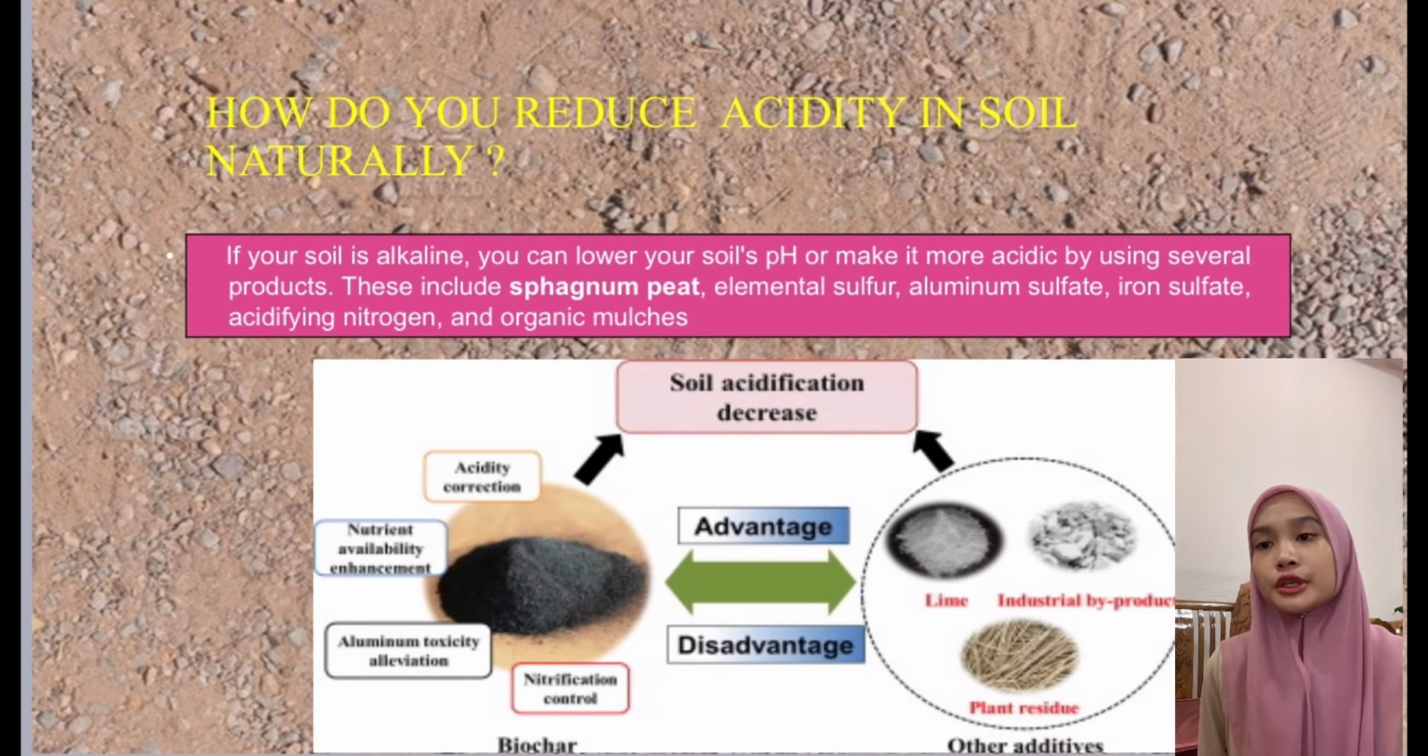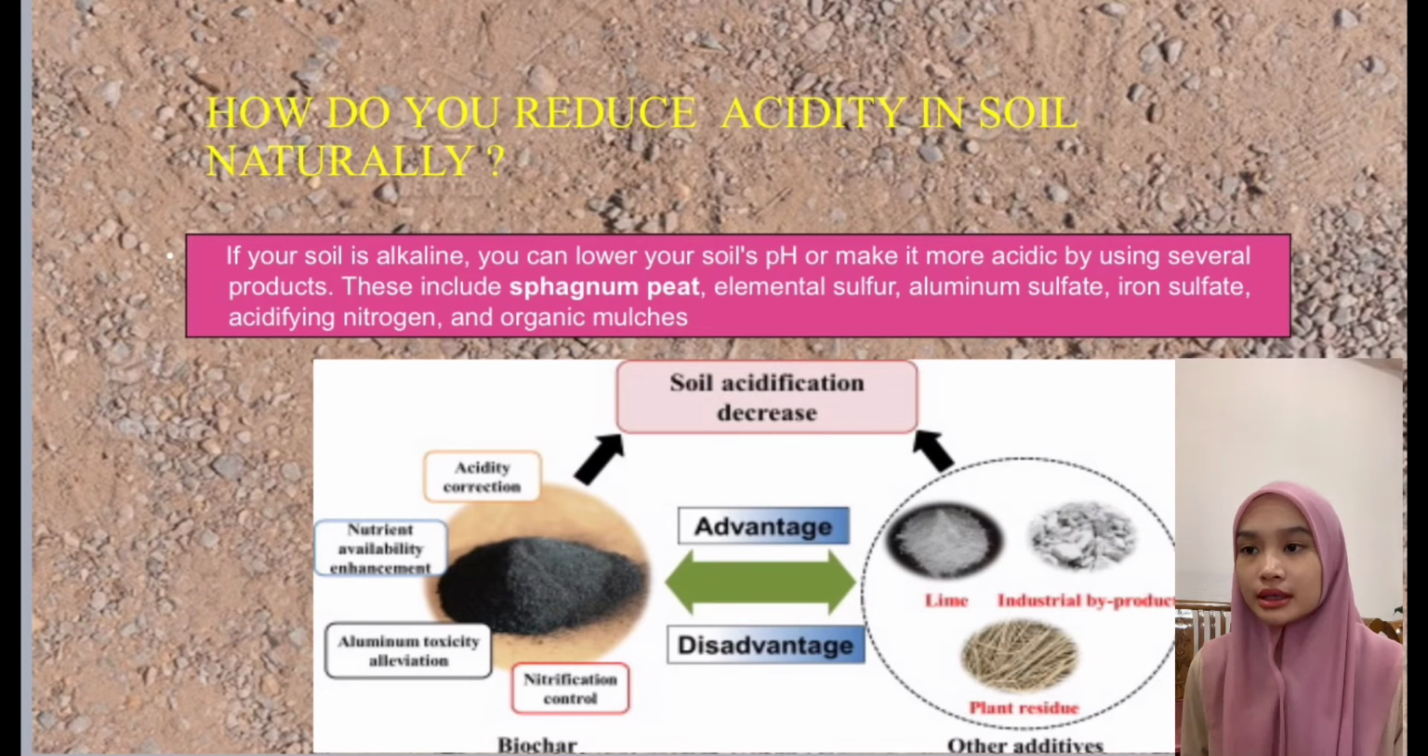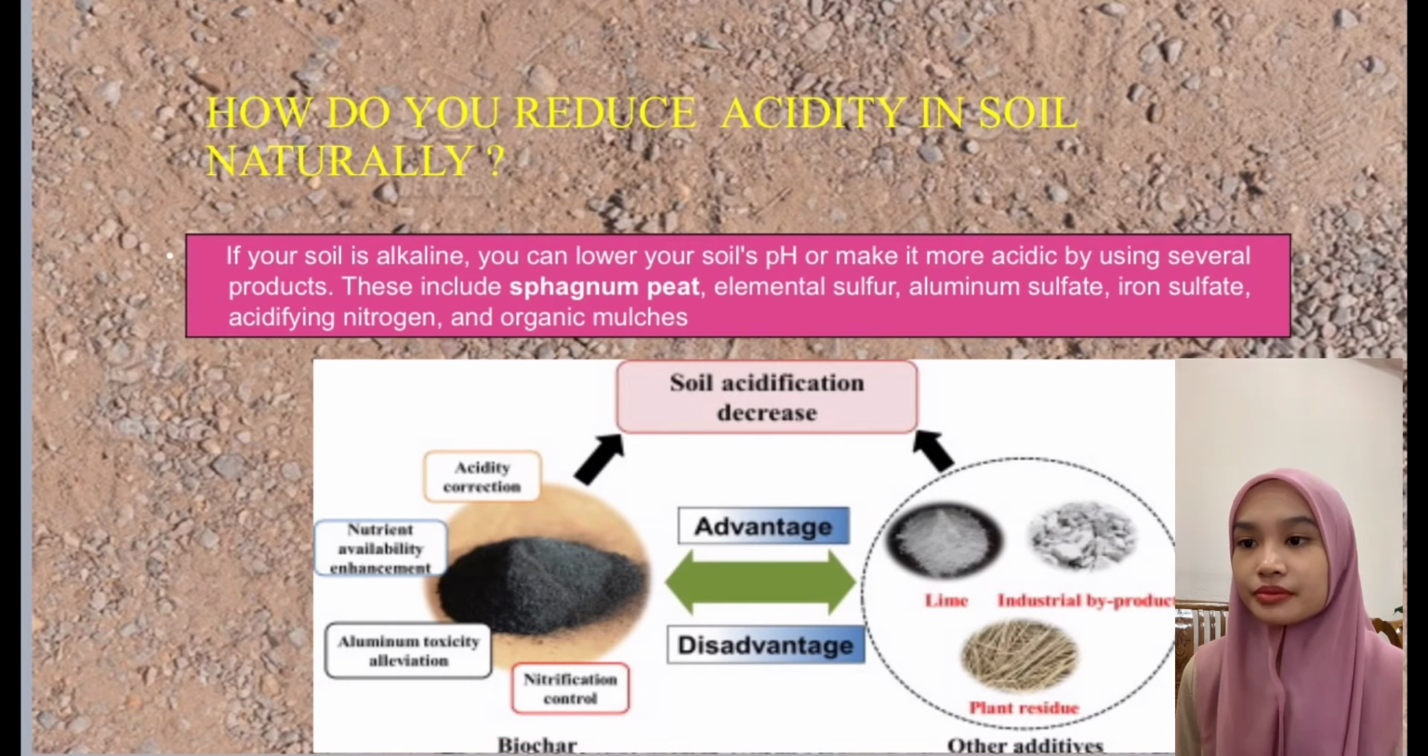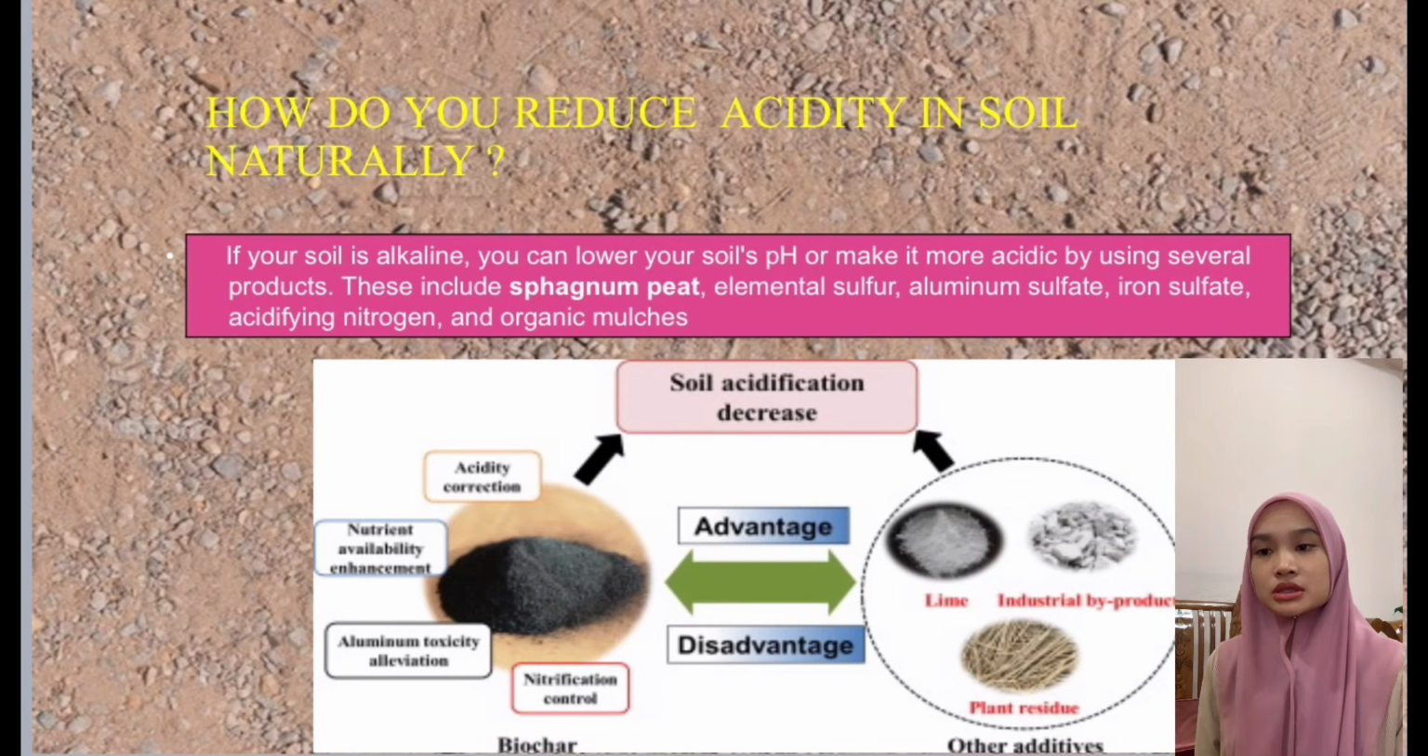How do you reduce acidity in soil naturally? If your soil is alkaline, you can lower your soil pH or make it more acidic by using several products. These include sphagnum peat, elemental sulfur, aluminium sulfate, iron sulfate, acidifying nitrogen, and organic mulches. This is the advantage and disadvantage. Soil acidification decreases